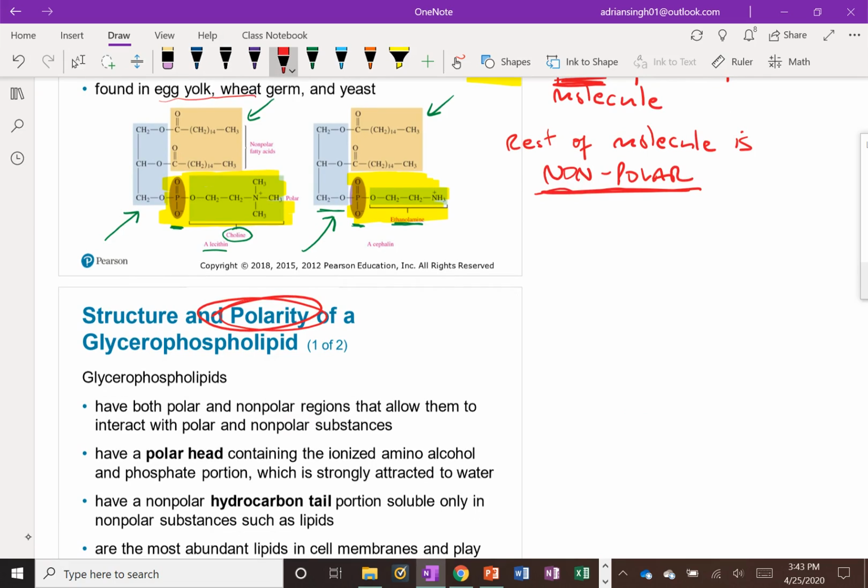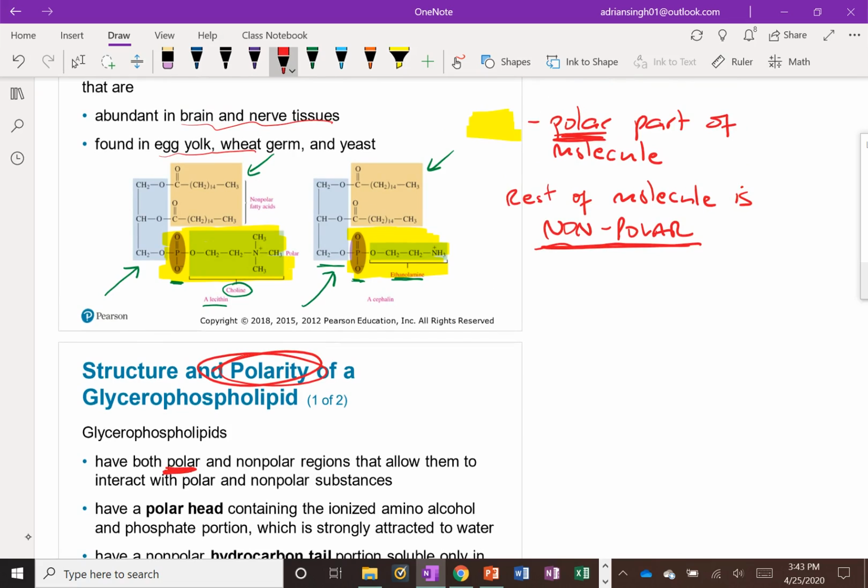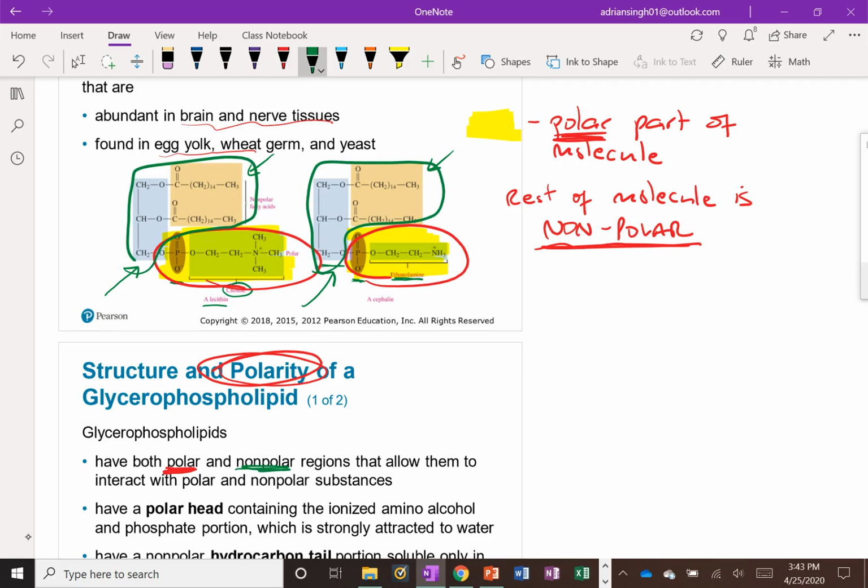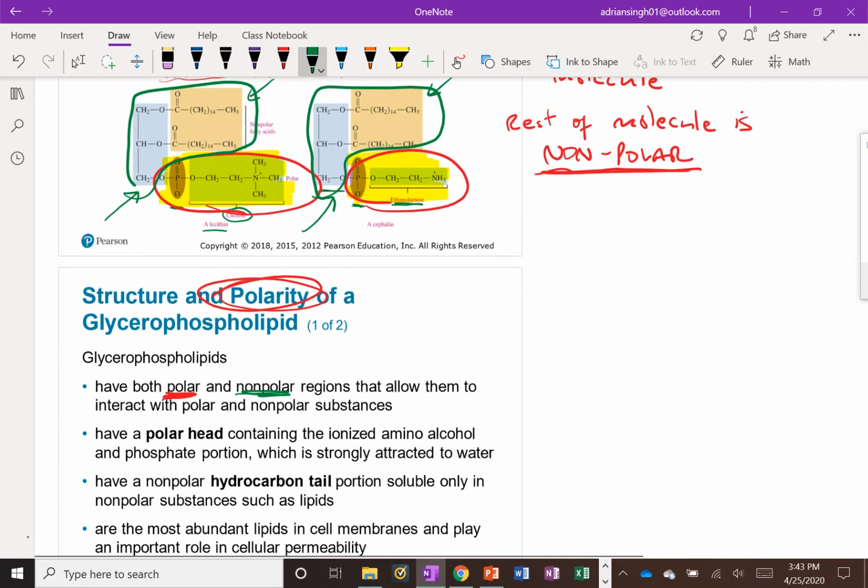So the glycerophospholipids are going to have both a polar region, which is the region here highlighted in yellow that I'm circling now in red, as well as a non-polar region, the rest of the molecule highlighted in green, that will allow this to interact now with both polar and non-polar substances,